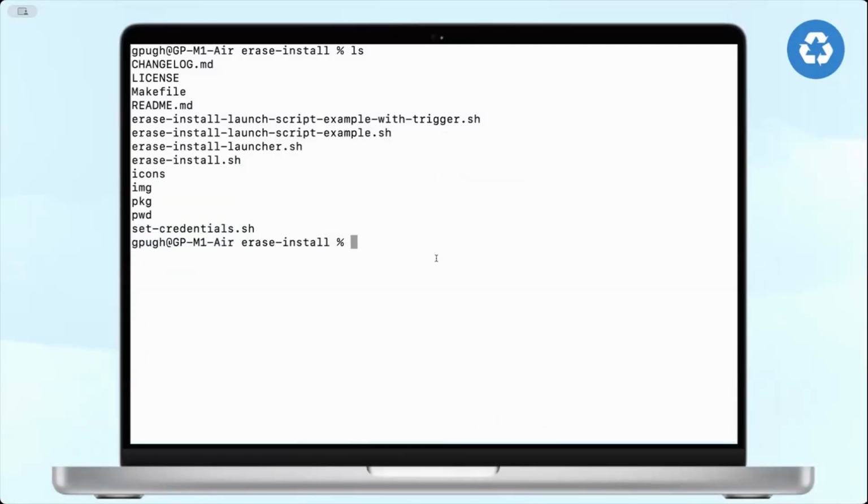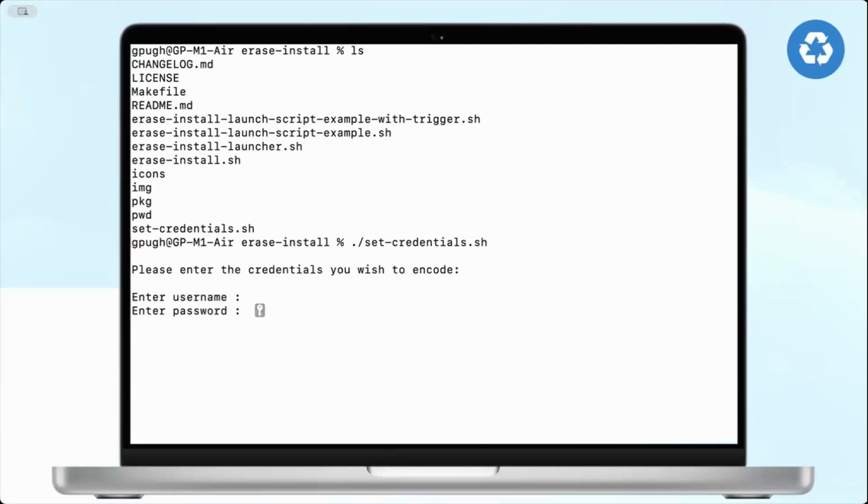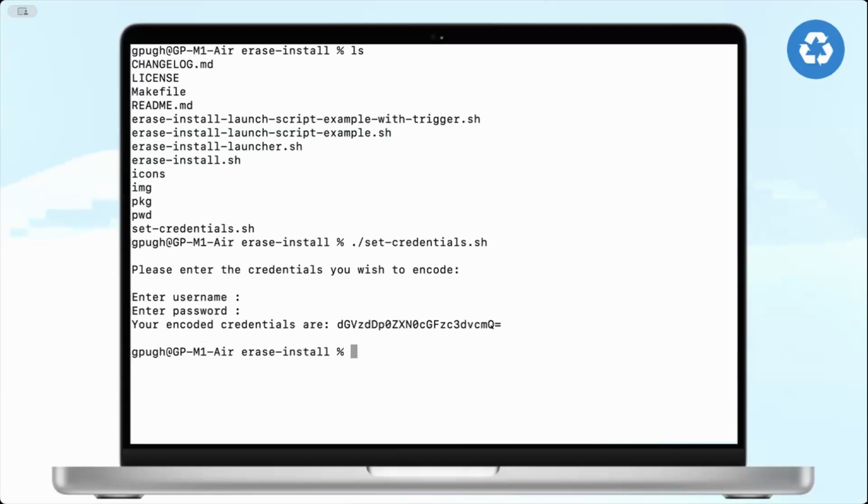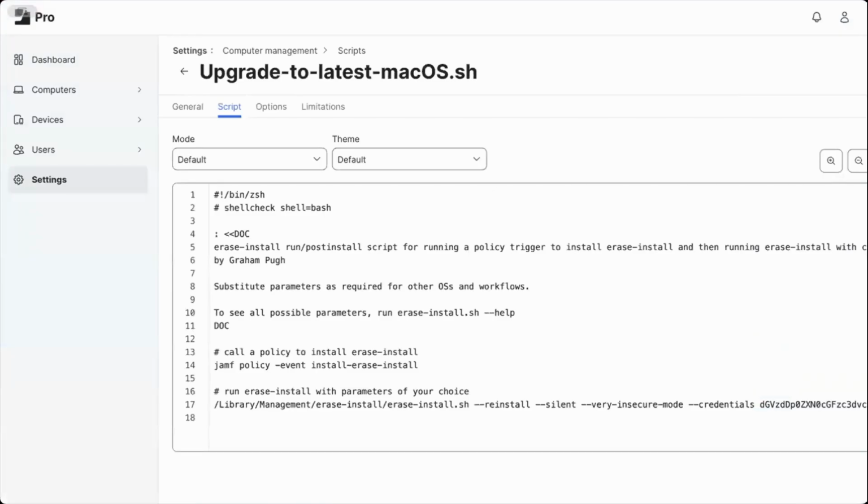So I tried to make this easier. I created a script that's on the repo called set credentials. If you run this, it's going to just ask you to enter a username and password for some local user that is common to all the computers you want to scope this to. It spits out the base64 string, and now we can go into our existing upgrade to macOS script,